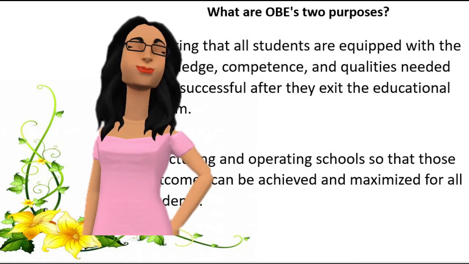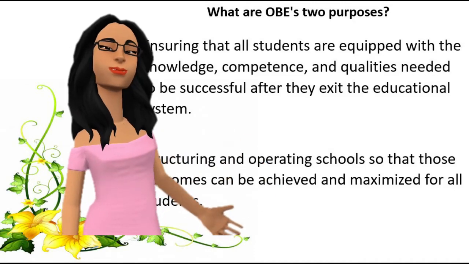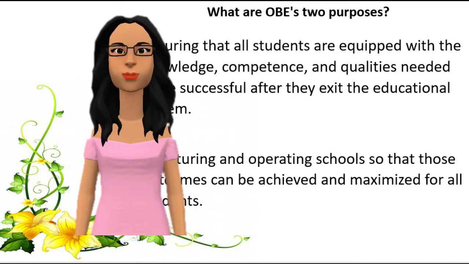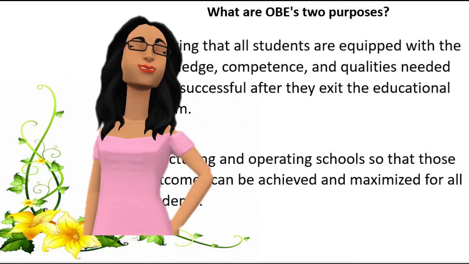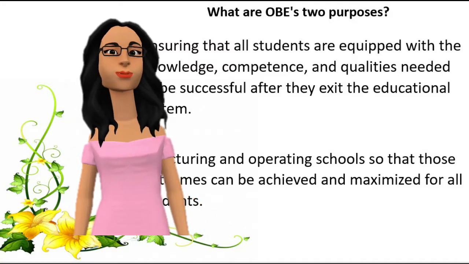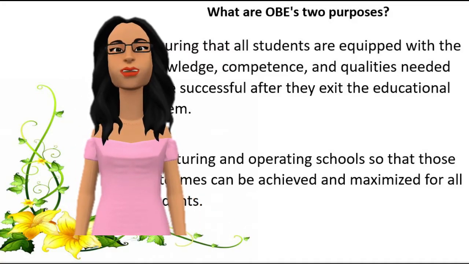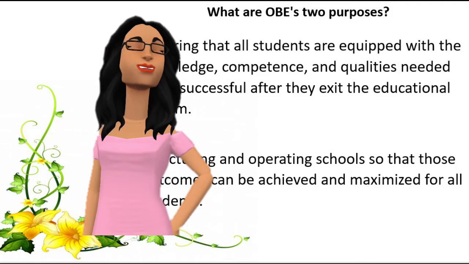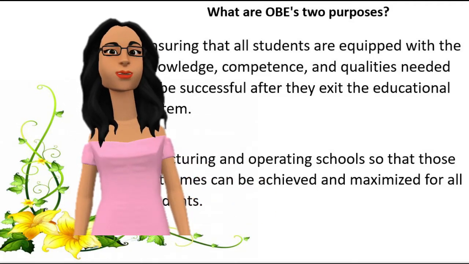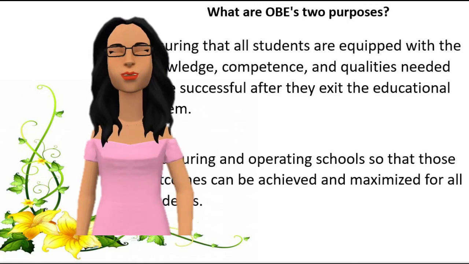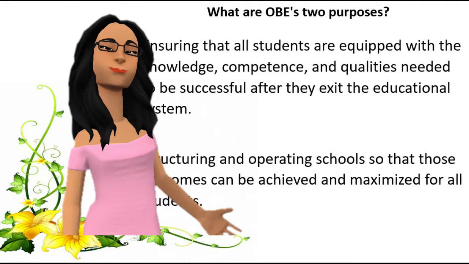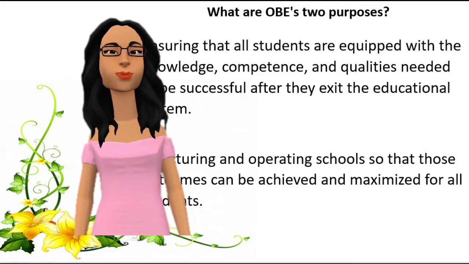What are the 2 purposes that we spoke about? OBE's 2 key purposes reflect its underlying success for all students and staff philosophy. They are ensuring all students are equipped with the knowledge, competence, and qualities needed to be successful after they exit the educational system, and secondly, structuring and operating schools so that those outcomes can be achieved and maximized for all